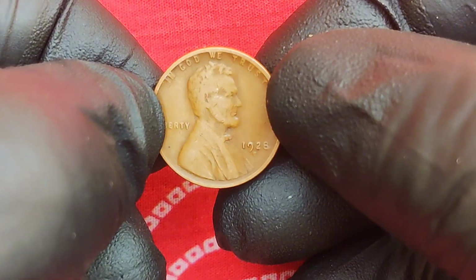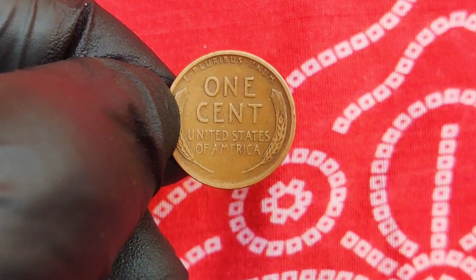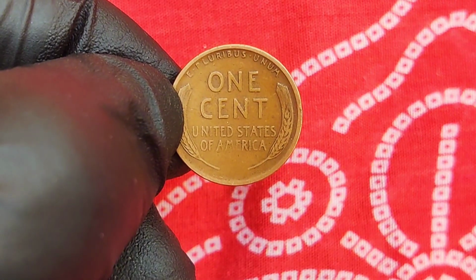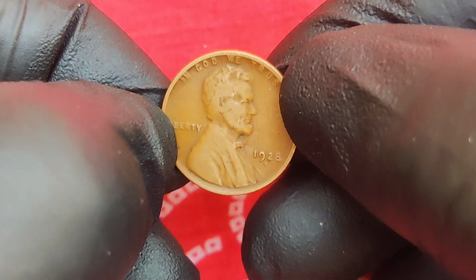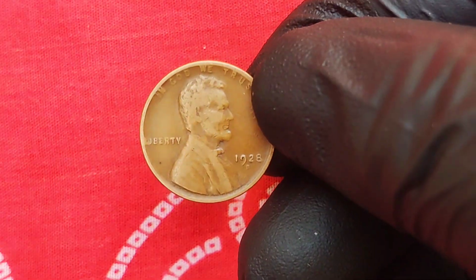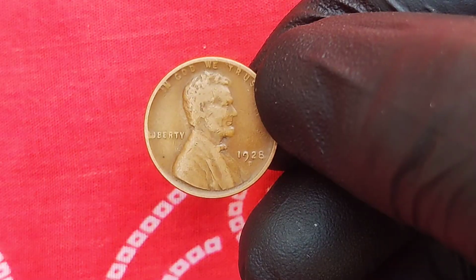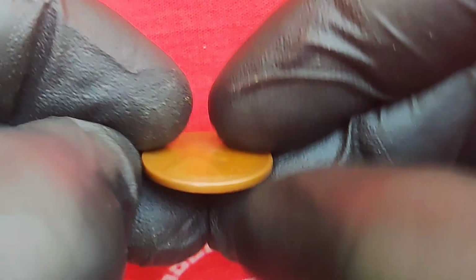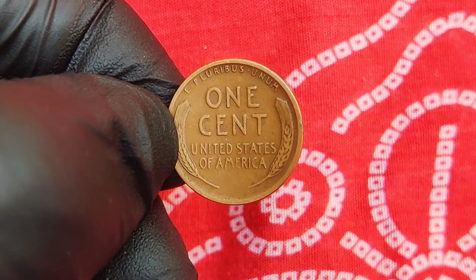Now here's where things take a dramatic turn. The 1928 D wheat penny is rare, but not just in numbers, in survival. Out of millions struck, very few were stored away or preserved in pristine condition. Most were spent, rubbed smooth by decades of use, or lost during the economic turmoil that followed in 1929. The few that did survive with their sharp strike, beautiful tone, and nearly untouched details have become the crown jewels